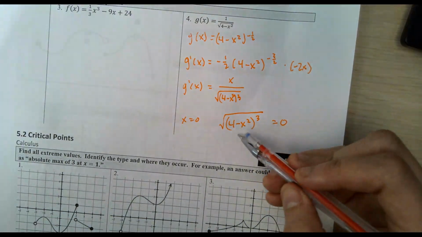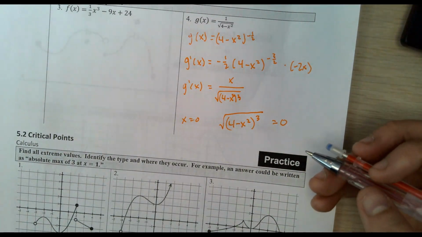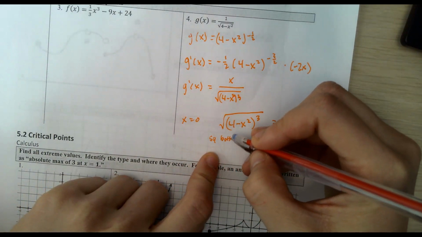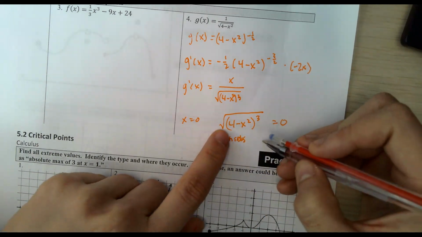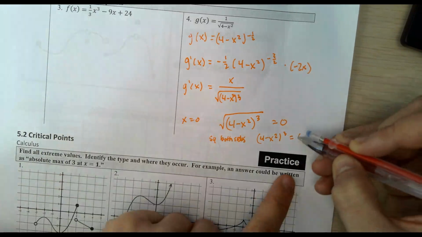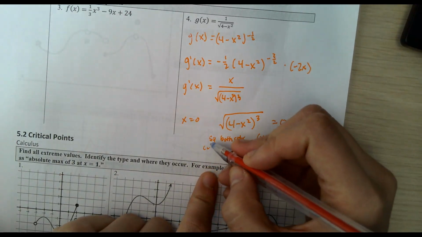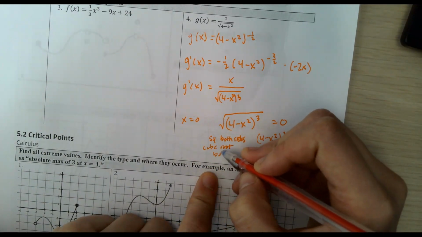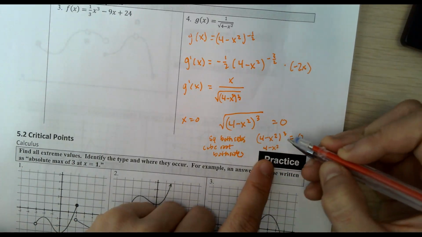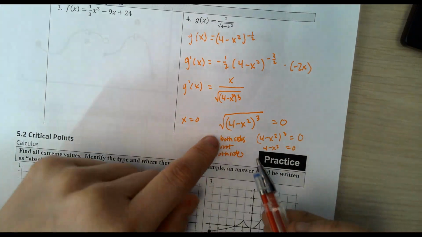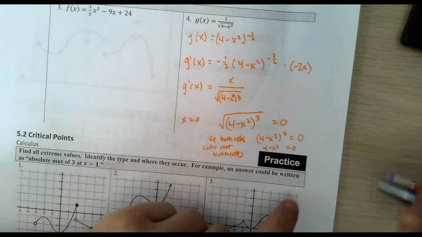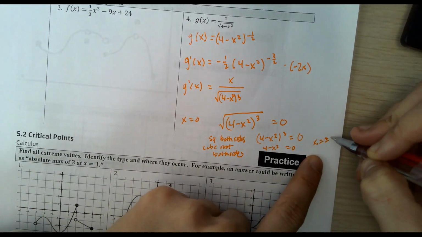And before I just set this equal to 0, but I want to go into more detail, right? So this is the square root. We're going to square both sides. So then we get 4 minus x squared to the 3rd equals 0 squared, which is 0. And then we take the cube root of both sides. So then this becomes 4 minus x squared, and the cube root of 0 is still 0. So that's why I set this equal to 0. And then we get x equals plus or minus 2.